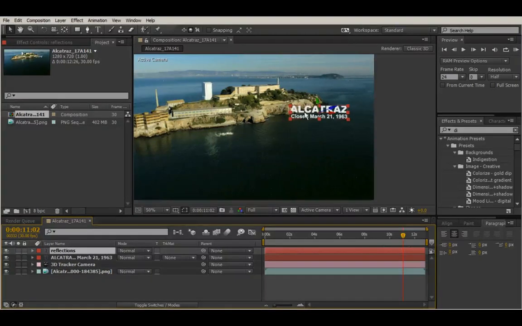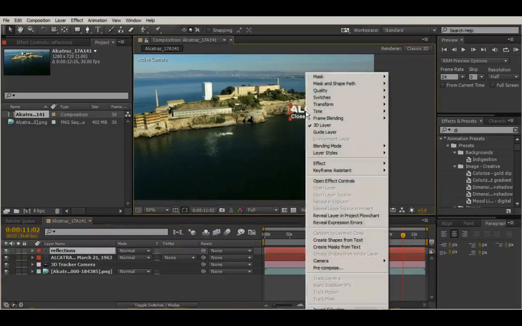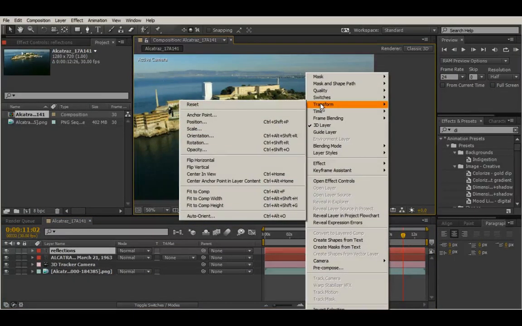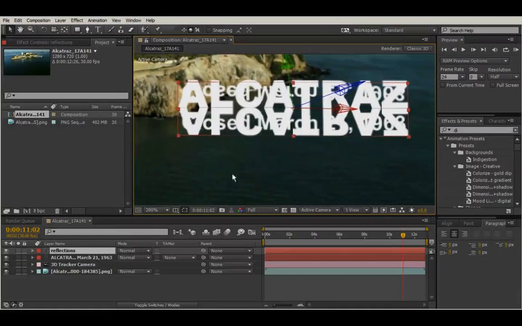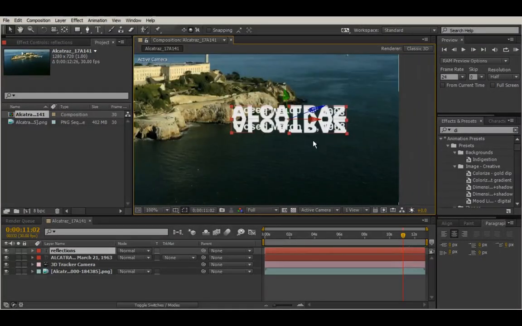And so now that we have that layer duplicated, let's right click on it and we want to transform, and then we're going to flip it vertically, so up and down. And that will actually take that type, and it is now mirroring itself, but it's still kind of lined up. So what we want to do though is we want to take that and we want to just push it down,